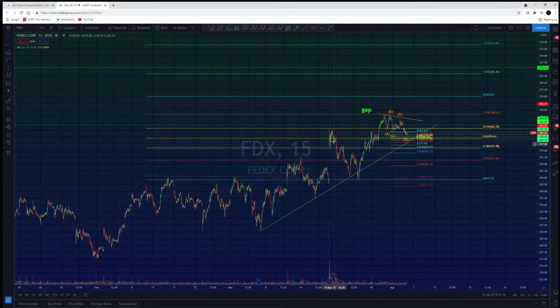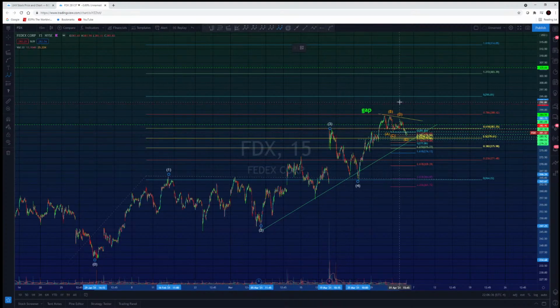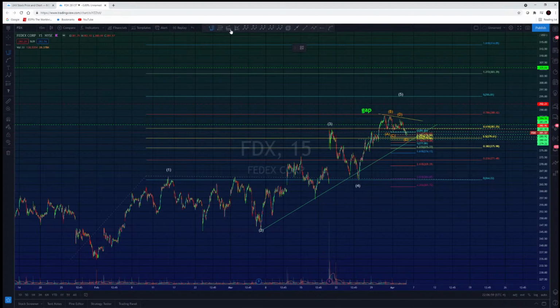So it looks like this is wave 3 right here, so this would be a 1, 2, 3 sharp, and then this could be an intra wave 4 of this wave 5. So this would be like a 1, 2, 3, 4, 5. It would have to hold this level right here, the 280, and then if we're looking for an extension on that,